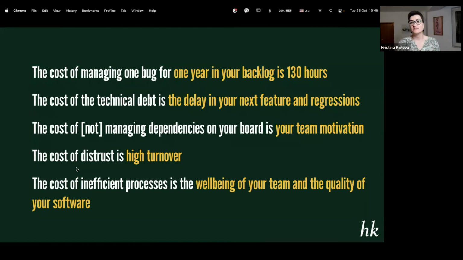Then the team, like 5-6 people, is asked again about estimation on the next sprint planning. They think for 2 minutes. You already have 20 minutes lost for this work item that has been there for 1 year.